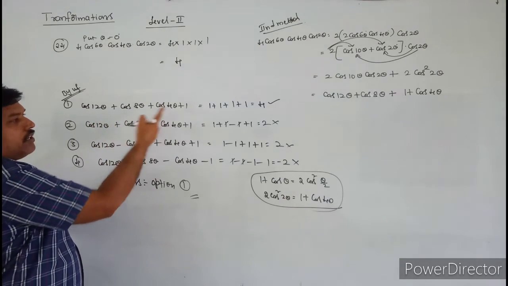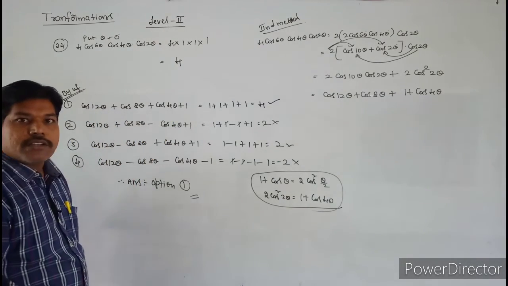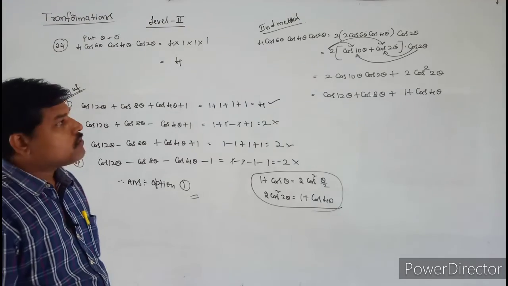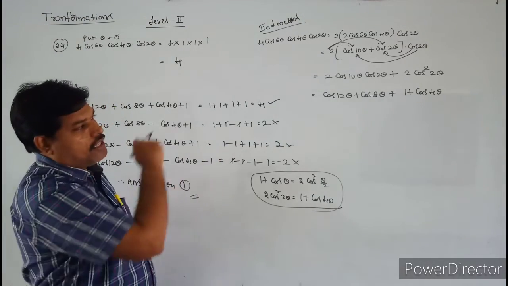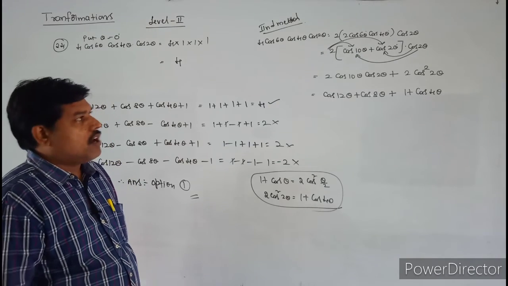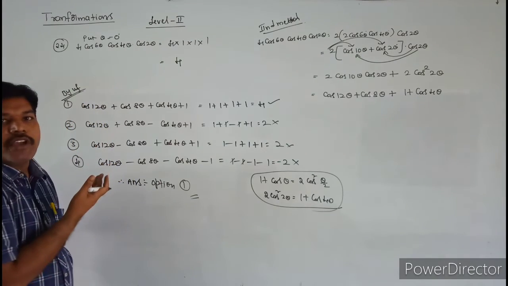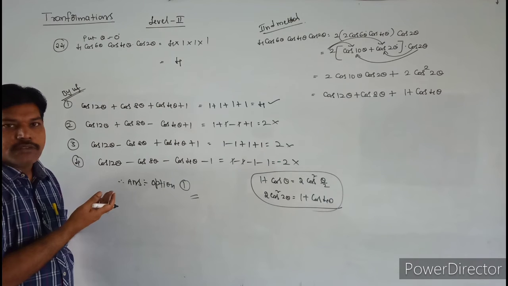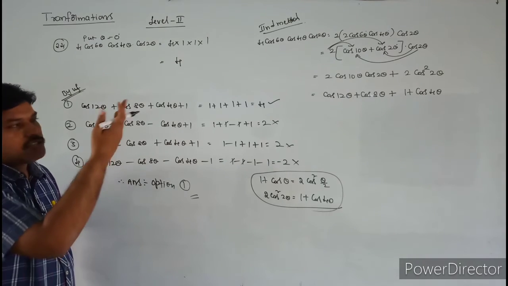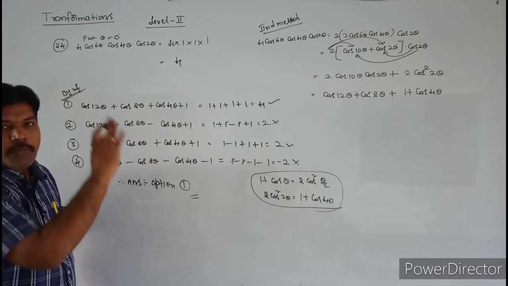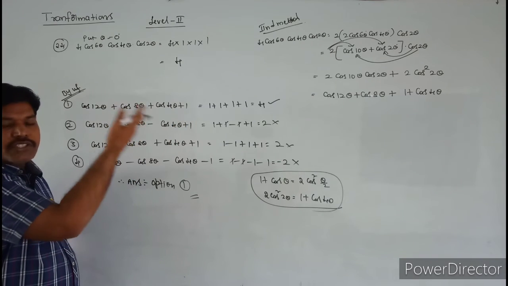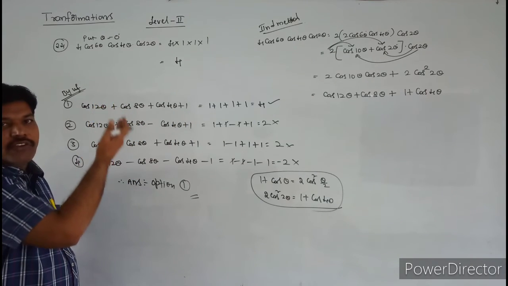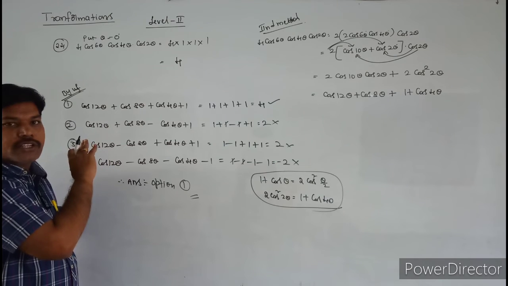Cos 12 theta, cos 8 theta, cos 4 theta plus 1. So you will get the answer in two extra steps. If you know the formulas very well, you can apply that. Otherwise, use the verification method. If you know the formulas without confusion, you can do the process. If you have any doubt in the formulas, just verify the answer. You will get the answer. Okay? Do you understand, students?